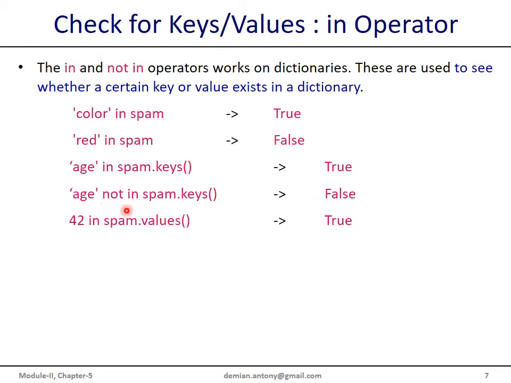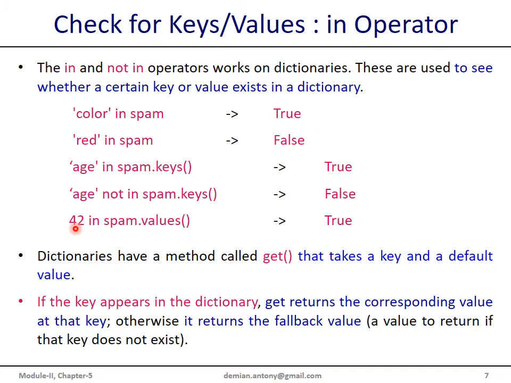And let's check whether 42 is a value in the dictionary spam. What we have to do is return the list-like structure from spam.values and then apply the in operator, and this returns true because 42 is found as a value in the dictionary spam. We have a special method in dictionary